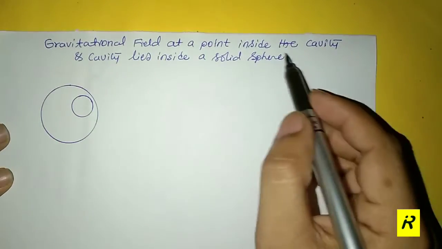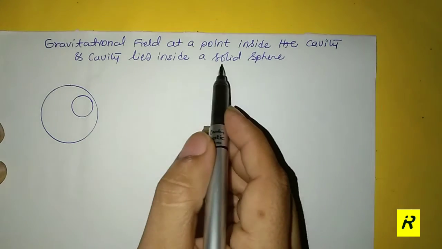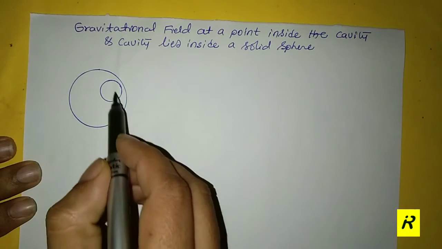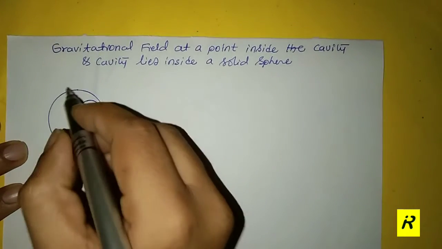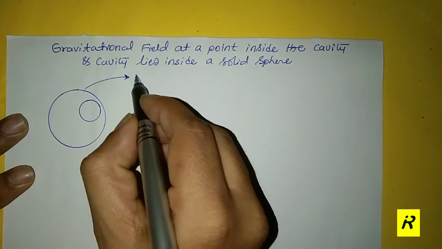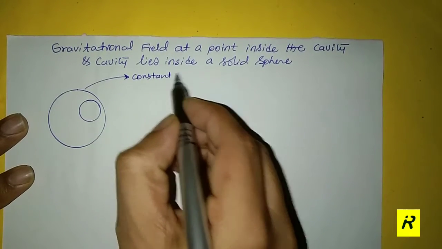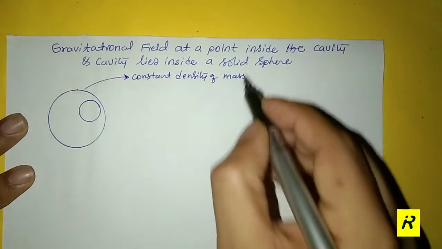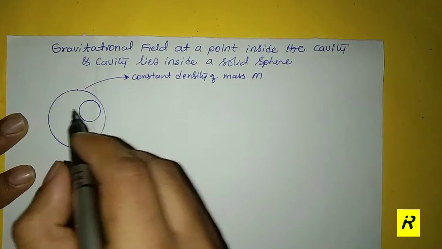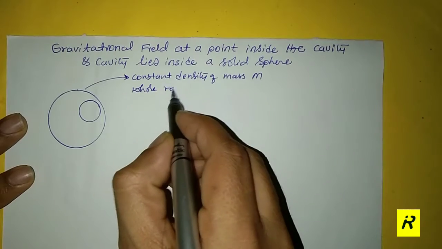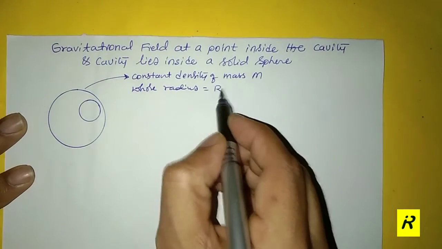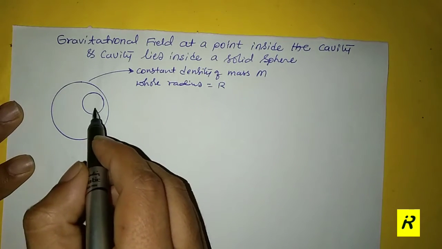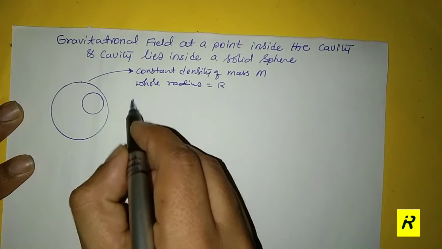Gravitational field at a point inside the cavity, and a cavity lies inside a solid sphere. We are seeing the big sphere, and inside which we are having the cavity. Okay, so the big sphere is having a constant density of mass m, whose radius is R. And the cavity what you are seeing here, which is the removed part, the removed portion